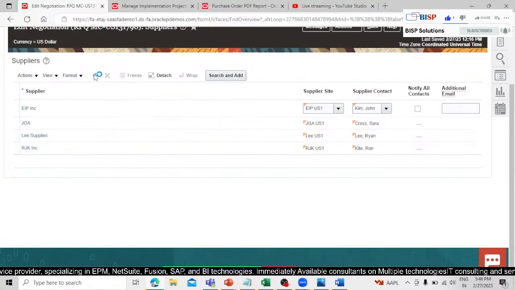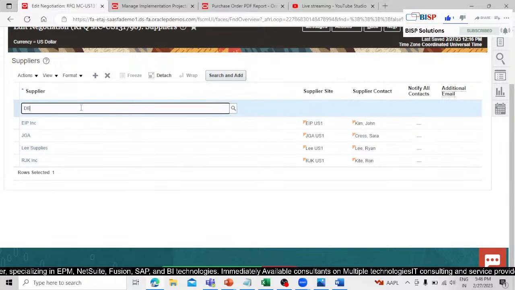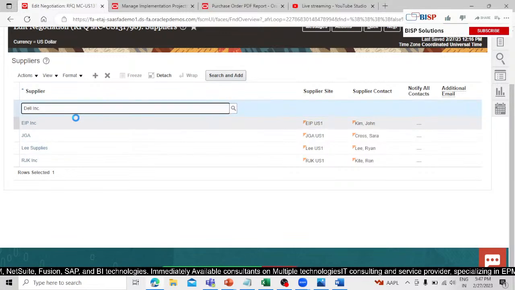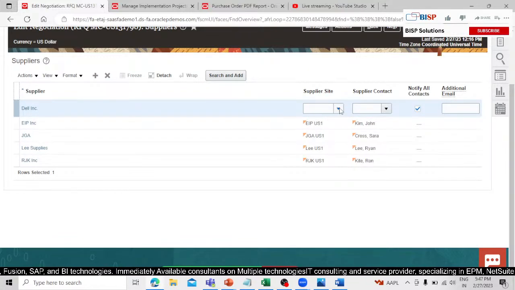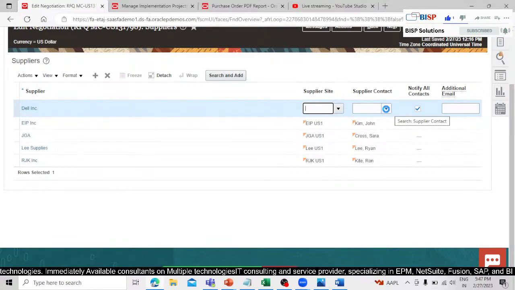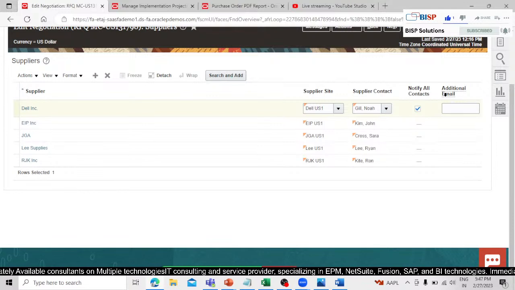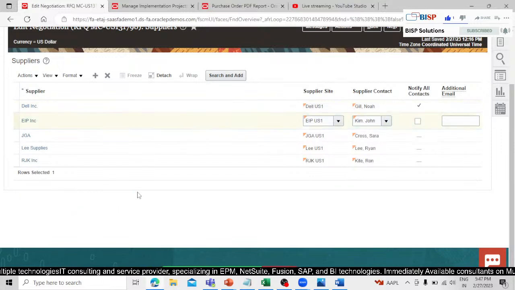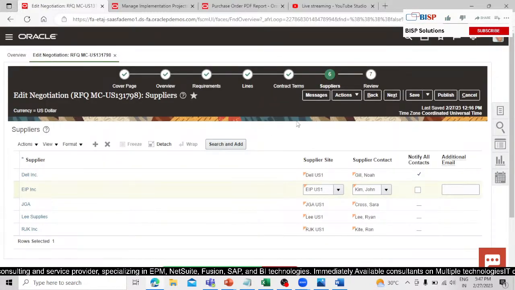Suppose we add Dell INC, 121255, right? What is the site? So this is the site, and this is the contact supplier, right? So we add this one, and you can delete all the things. So you can add the multiple supplier for the negotiation, right? Now let's click on next,